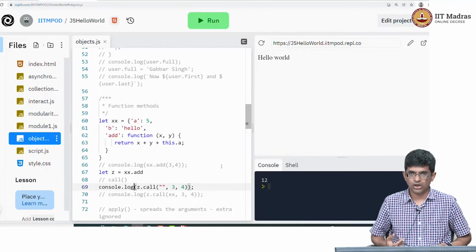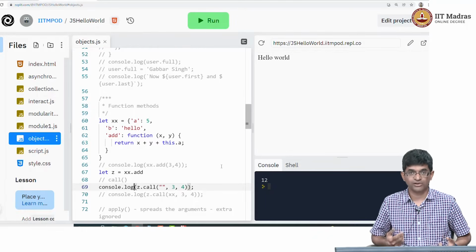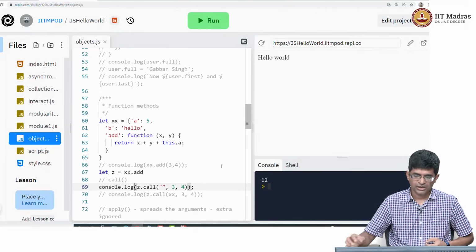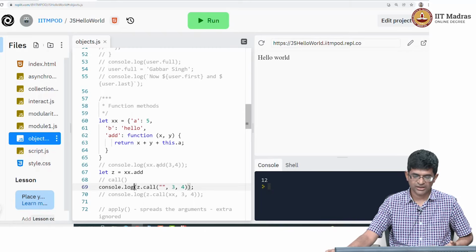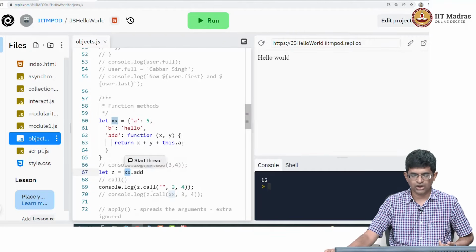Okay, so it's the call method of a function. Which means that in principle, when I do z.call, I should be invoking the function z, which in turn was a method of this object xx. The thing is, z.call, in addition to the parameters 3 and 4 as before, also takes